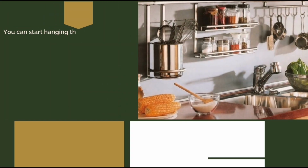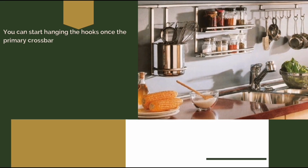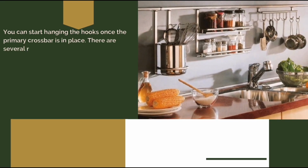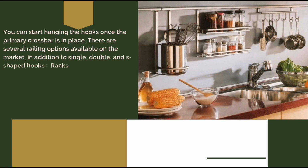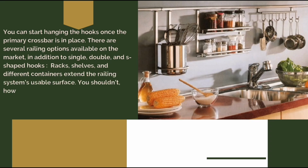You can start hanging the hooks once the primary crossbar is in place. There are several railing options available on the market, in addition to single, double, and S-shaped hooks, racks, shelves, and different containers extend the railing system's usable surface. You shouldn't, however,